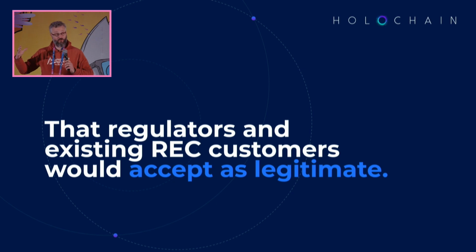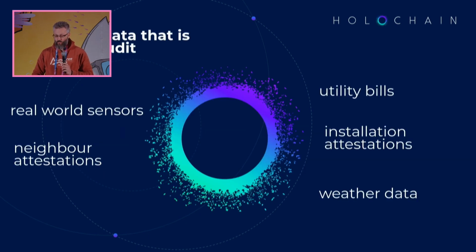Because if you're trying to get data to prove that this has happened, you're going to be talking about sensors measuring the electricity, people claiming that yes, this person has the solar panels on their roof, energy bills coming back to them from the utilities, auditors, and all the data you would need to track gets quite big. And large data sets don't really work well in blockchain worlds. And so you can build a centralized application, but what I've been focusing on for the demo for Holochain,